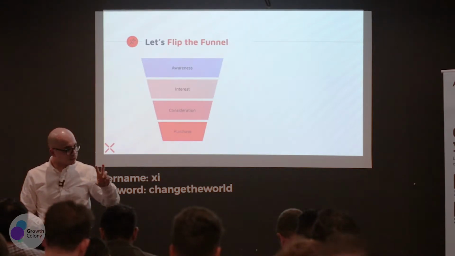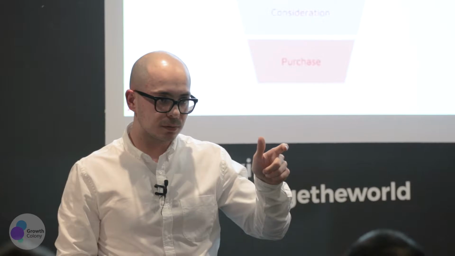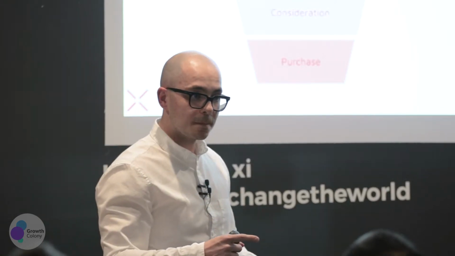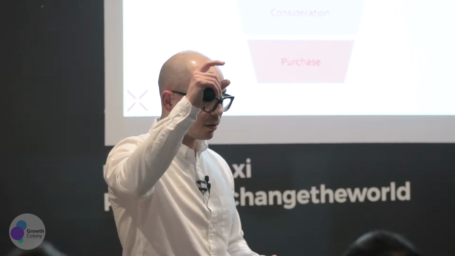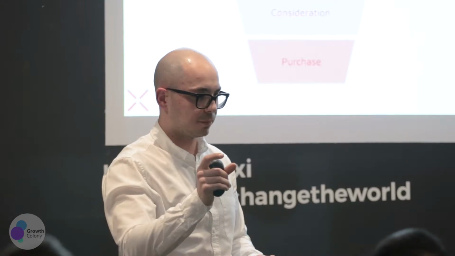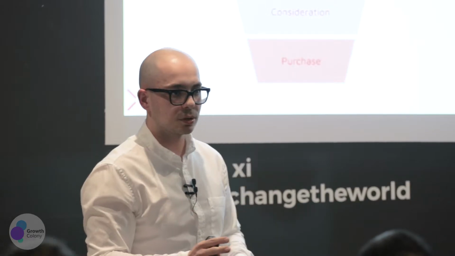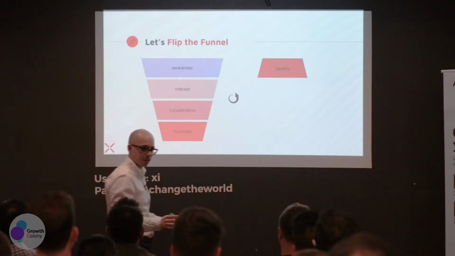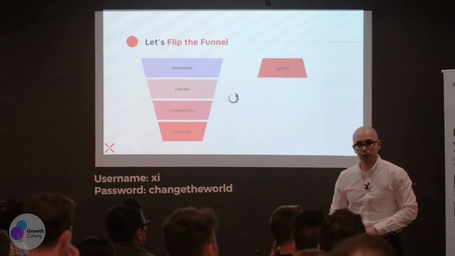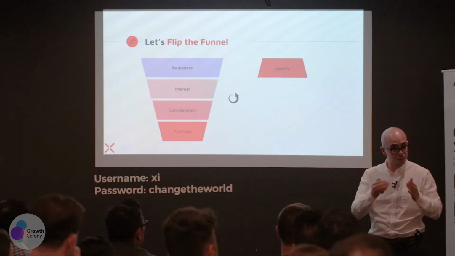Account-based marketing flips this model, right? So the funnel kind of flips. And what happens is, at the very top, you identify who your customer segment is, right? And then you identify exactly the companies that you're going after. This is a short list. This is not a long list that you put together. You can put together a list of 50, right? And that's probably a good start. You don't want to make it too crazy. Put a list of 50 in place, and you start.